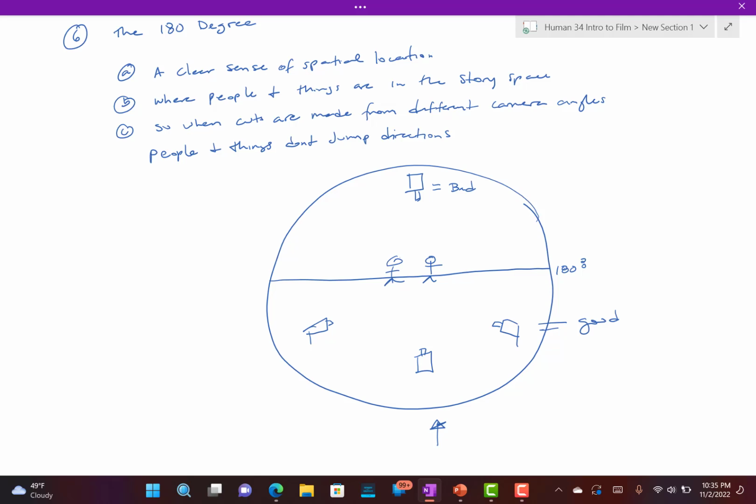Because if the principal shot was on the other side, then the 180 would be here, right? So the 180 extends out, and it's everything from this direction. And all of this on the opposite side of that imaginary line is bad. And the reason for this is because, again, if your principal shot is here, let's say this is the principal shot. Okay, then if you go past this 180-degree line and you film over here where it's bad,